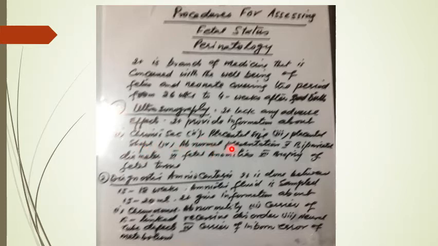Abnormal presentation, that is, the fetus is in an abnormal position, like transverse lie or other. Biparietal diameter: we check the diameter of the head between the parietal eminences. There are two eminences in the parietal bone, which is the wider part of the skull, and that diameter is taken. Then fetal anomalies, and number five is the biopsy of the fetal tissue,